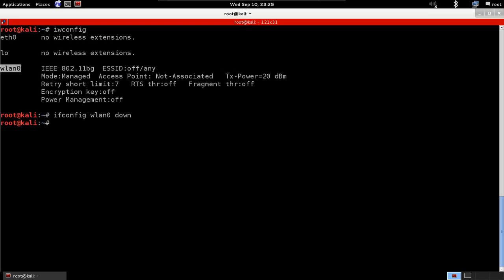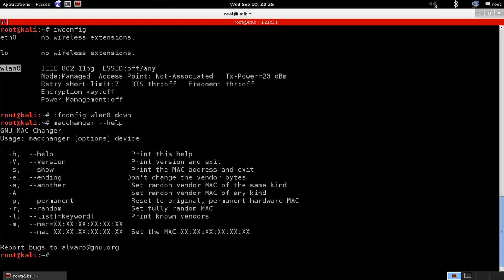Now we're going to change the MAC address. We're going to use a tool called MAC Changer. With these tools, it's always a good idea to look at the help. So if you just run macchanger --help, we'll see all the options that we can use with this tool. You can use --help, and --version to show the version, and --show to show your current MAC address,